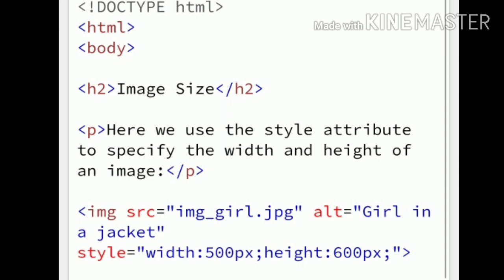If your browser cannot find the image, it will display the alternative text. Closing of paragraph, the p tag.